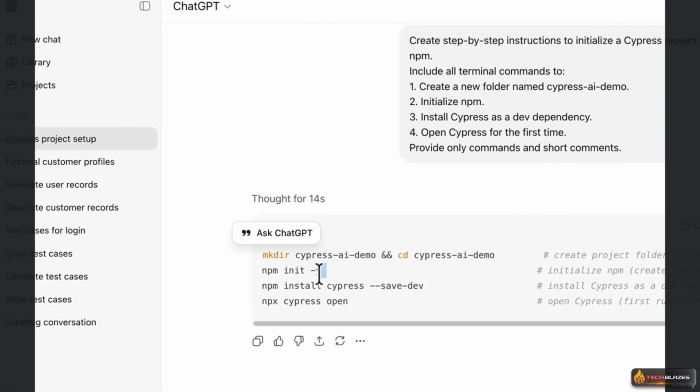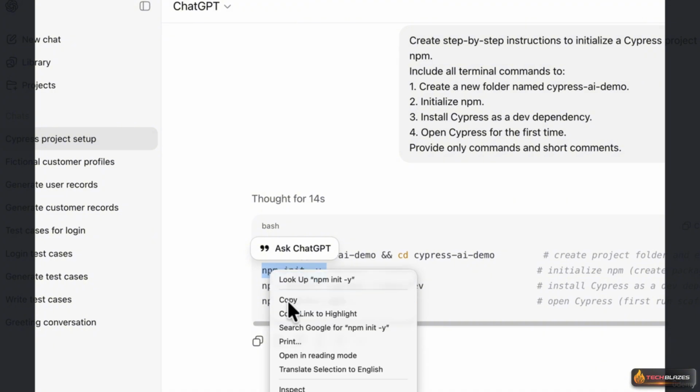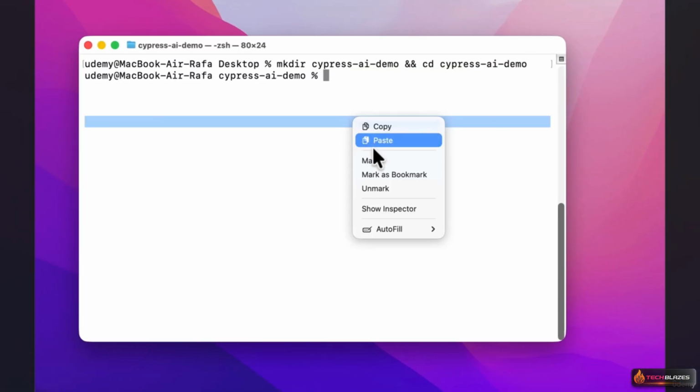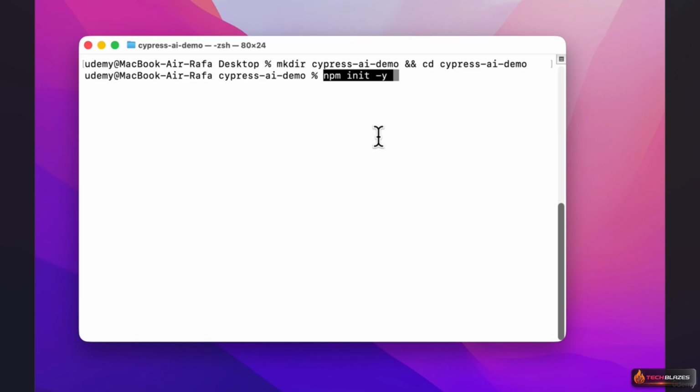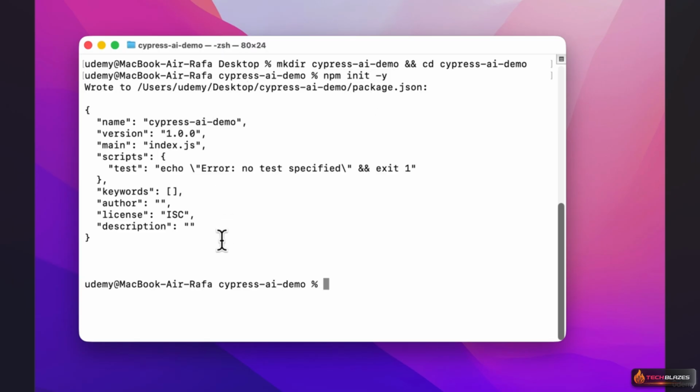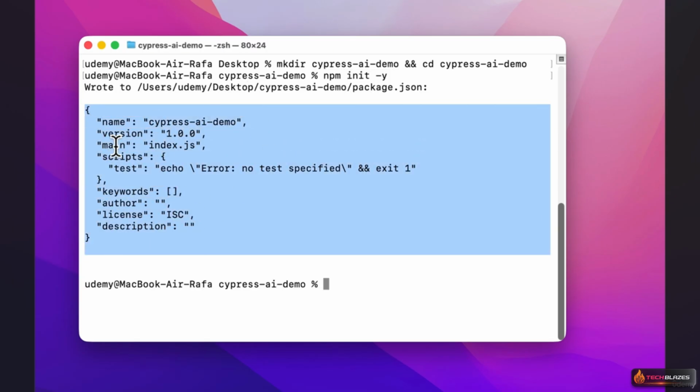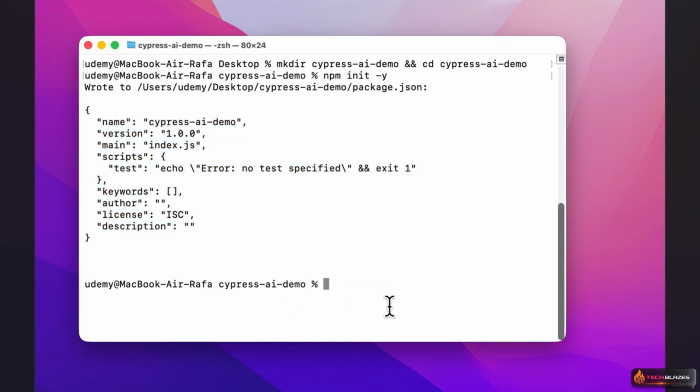Now we copy and paste the second command, npm init -y. This command initializes a new Node.js project in our folder and automatically creates a file called package.json. This file is really important. It stores all the key details about the project, like its name, version, author, and most importantly, the dependencies we'll install later. You can see that npm has generated a simple default structure